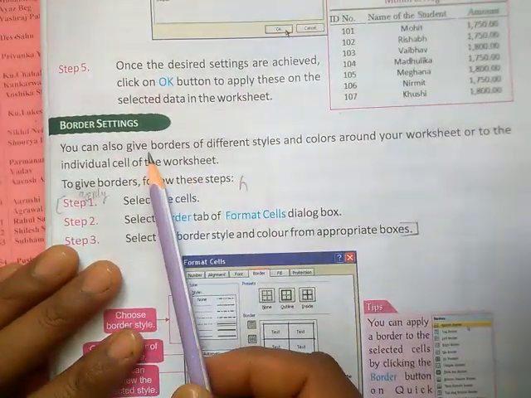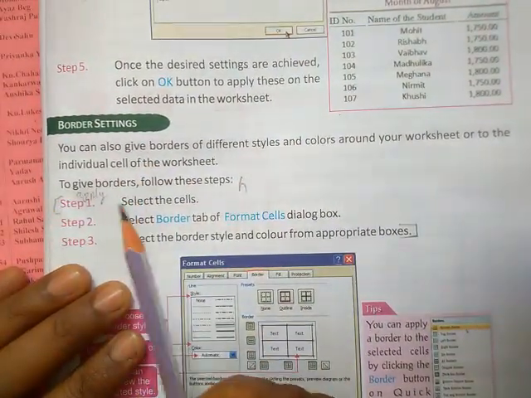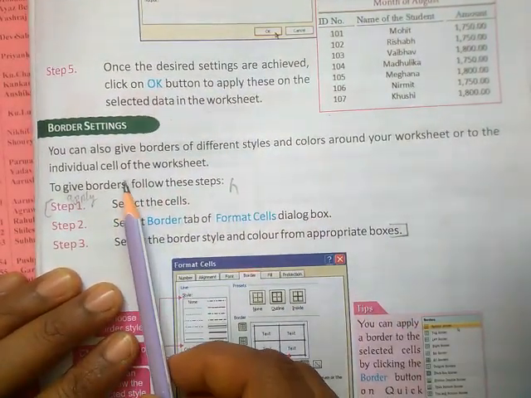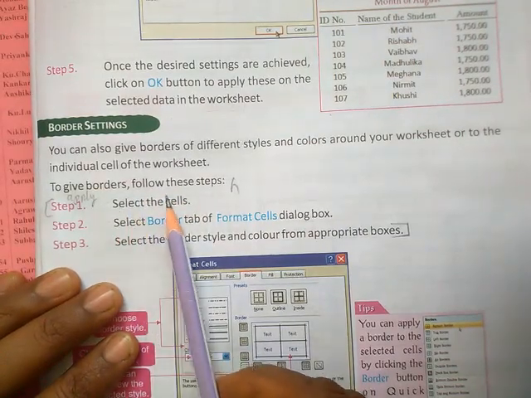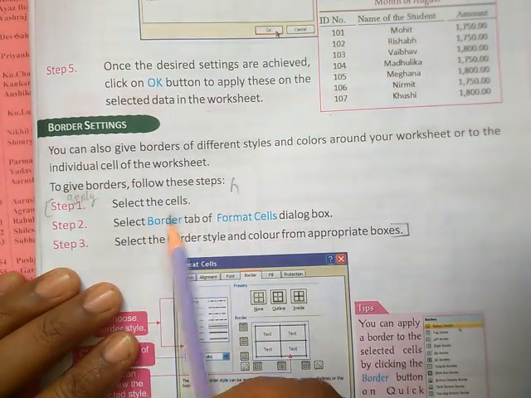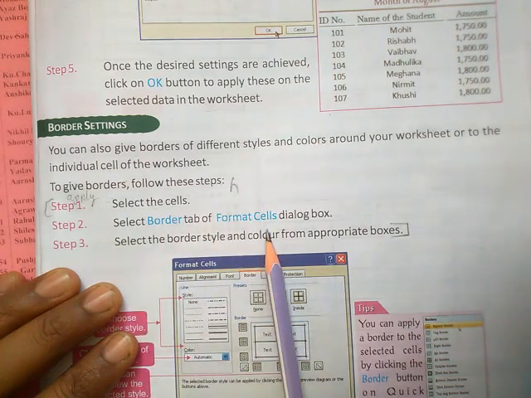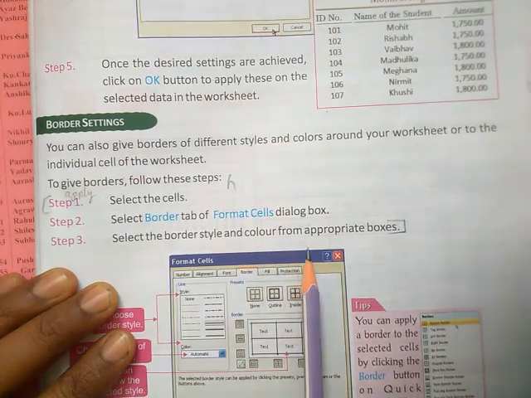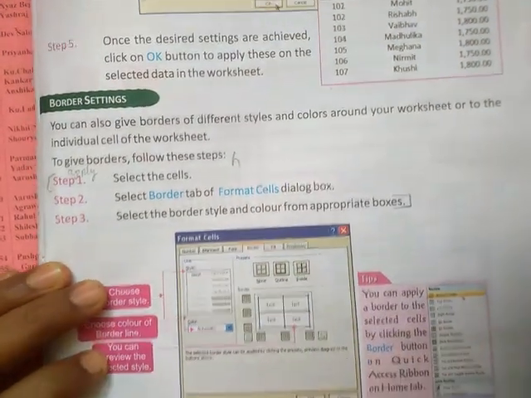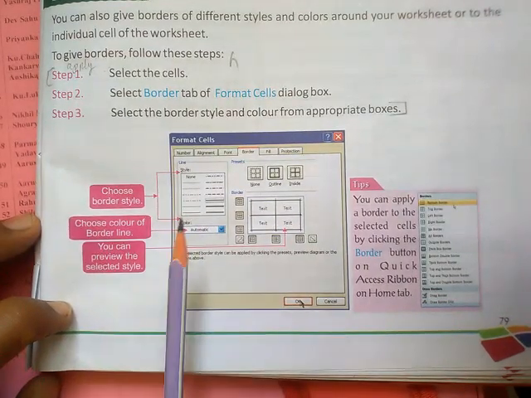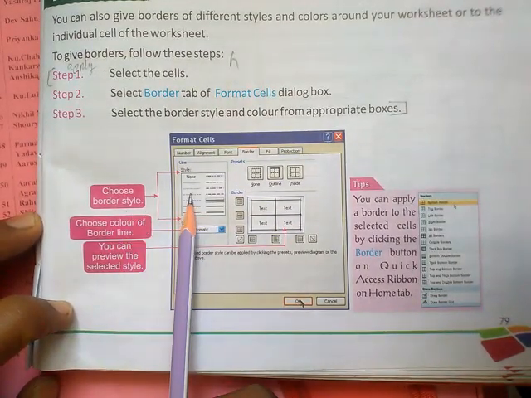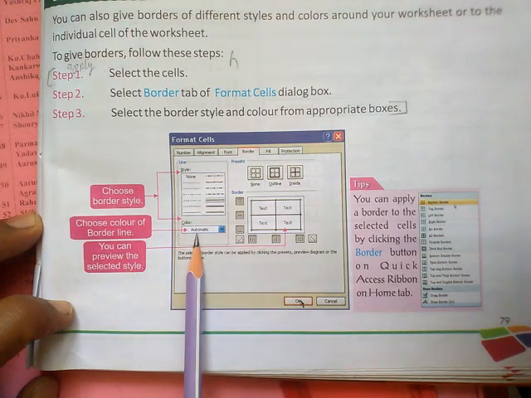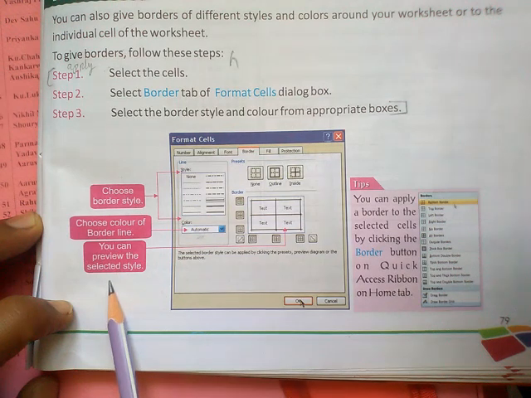Now border setting, you know about it. You can also give borders of different styles and color around your worksheet or to the individual cell of the worksheet. To give a border, follow these steps. Number 1, select the cells. Step 2, select the Border tab of the Format Cells dialog box. Step 3, select the border style and color from appropriate boxes as given in this diagram. Choose border style from these border styles and choose color of the border line from these options, and you can preview the selected